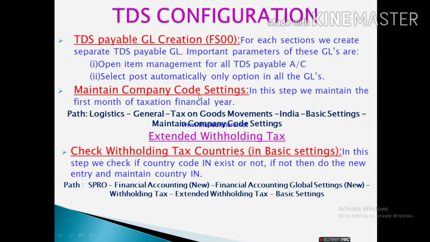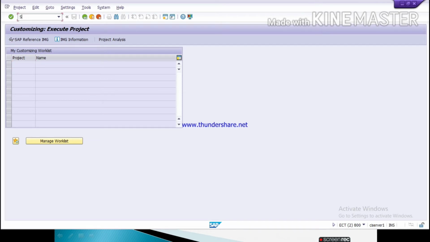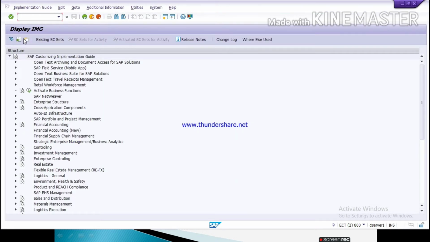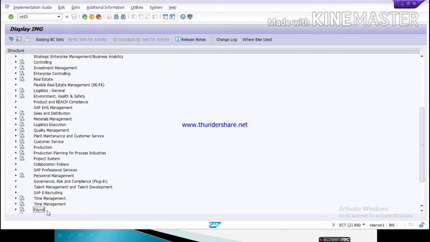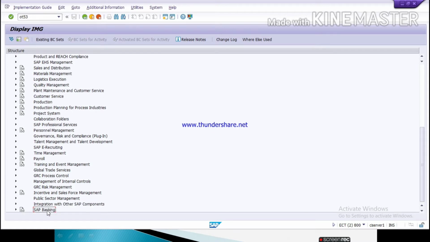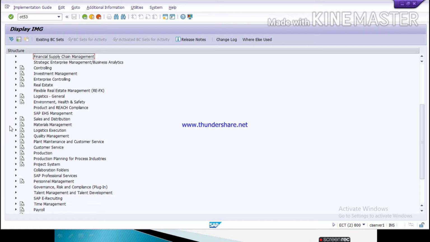This is your path. I have mentioned here. Now go to SAP. Run the T code SPRO. Then click on SAP reference IMG. Here you must click on Logistics General.